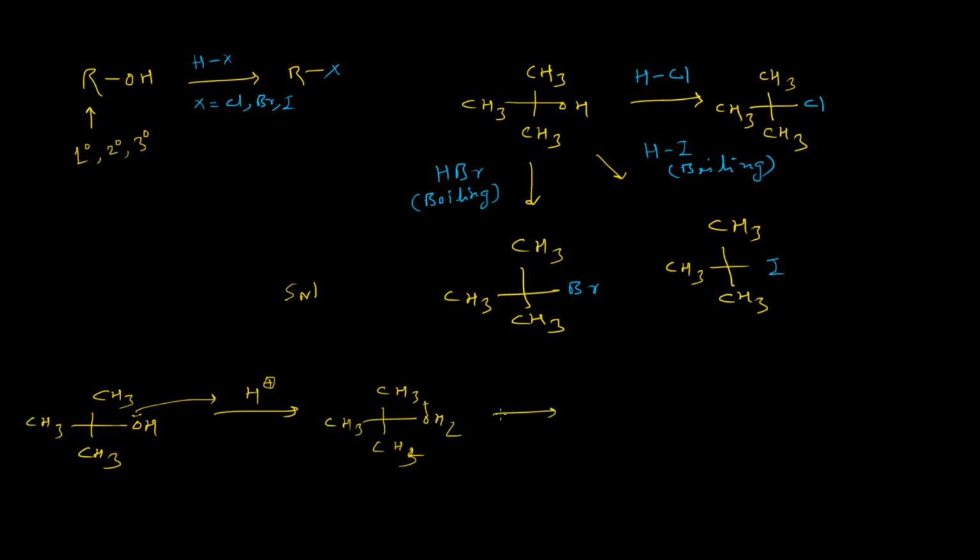In the next step, that is the rate determining step, this carbon oxygen bond will break, a water molecule will eliminate from the system, and it will generate a tertiary carbonium ion